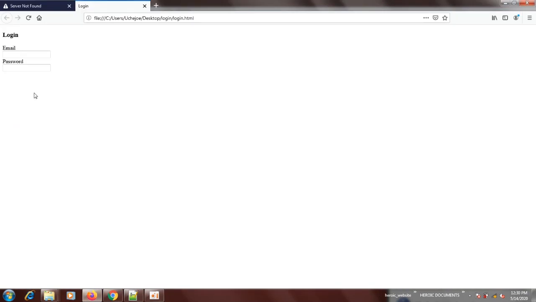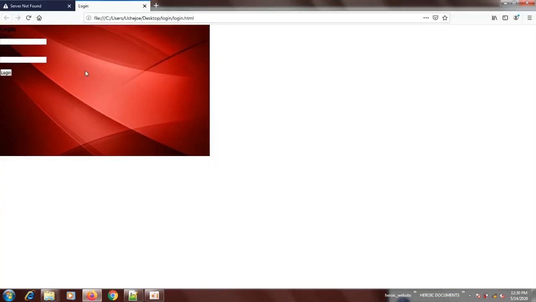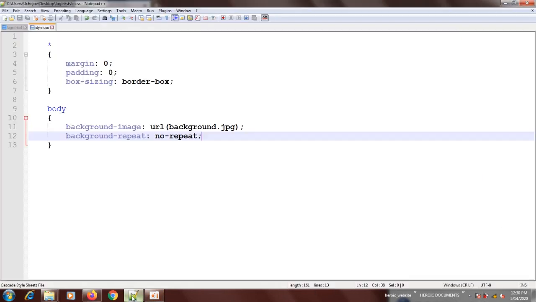Alright, so let me see. Okay, let me use Mozilla Firefox instead. I think it makes sense. You see that it didn't repeat again. Let me close Chrome. So you see that we have only one background now. Now we want this background to fill the whole page.